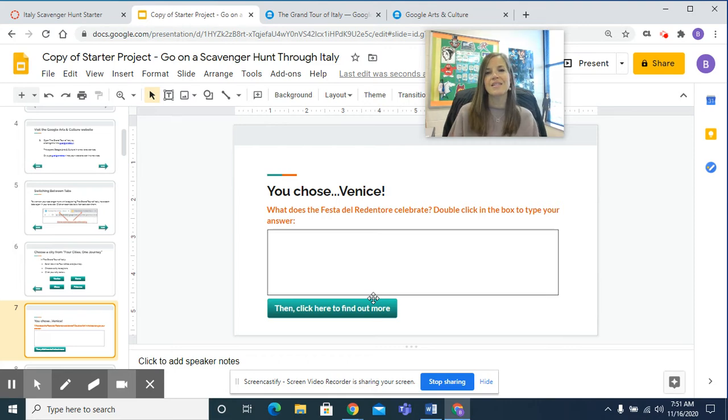And you'll see that this is also evidence of the power of linking that we already learned about, I guess that was last week or the week before. When we were looking at linking, we just did what I call virtual flashcards. We went back and forth between 2 slides. But when I clicked on that, which was slide 3, it then took me down to slide 7, where there's information for me to input for this text box for Venice. So it's just another way for you to look at some of the features and explore how slides can work in a presentation.